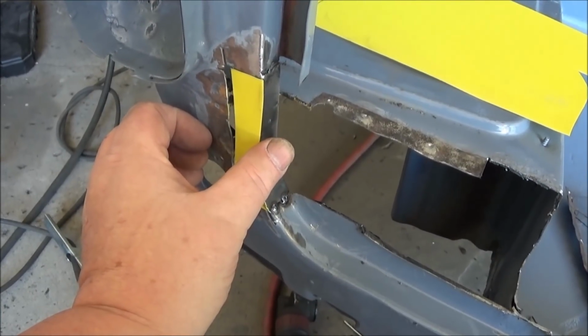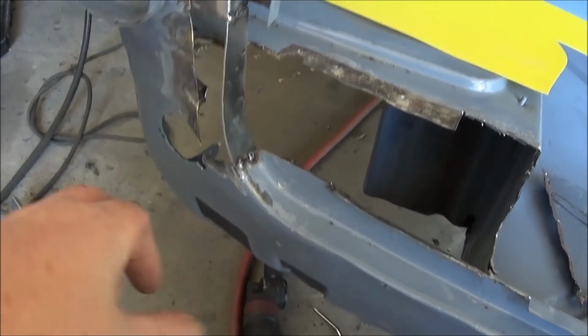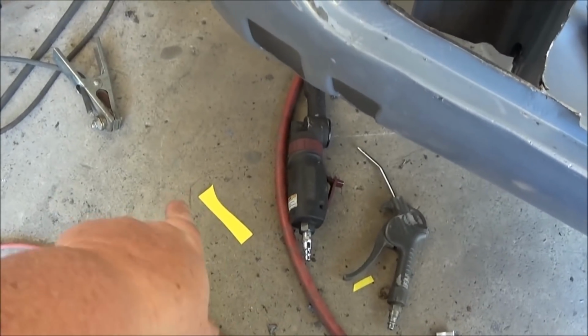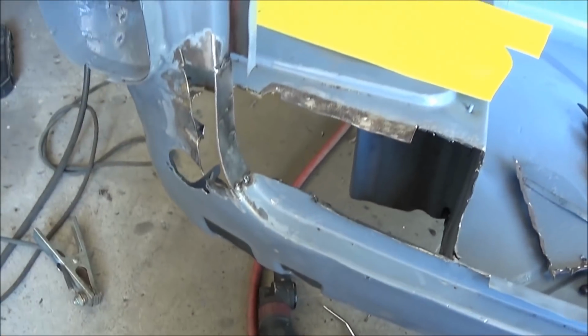Okay, we just made a little cardboard template here to fit in this location. Oh, there you go. Anyway, you saw it. Now it's gone. Anyway, it's down there on the floor. We're going to transfer that to metal, and we're going to tack it up in here and then move on